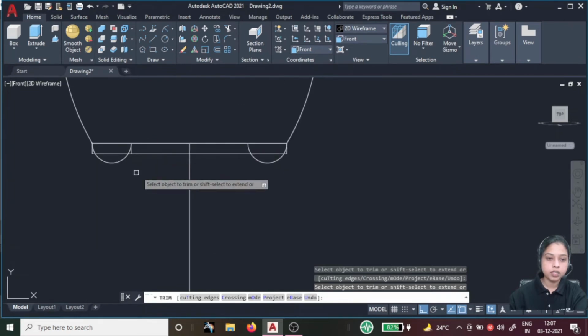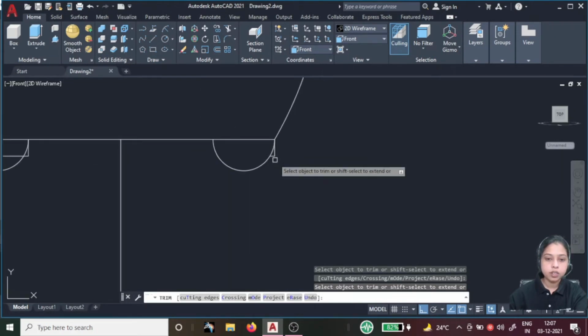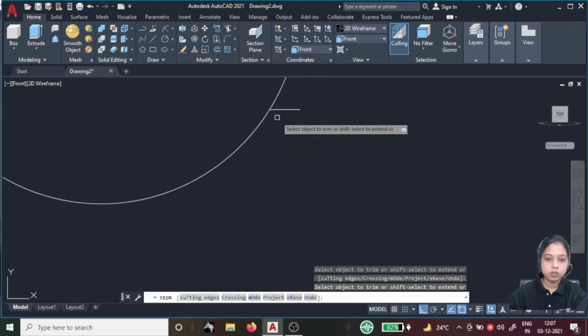All the entities are trimmed. This one also we need to trim, also this one.